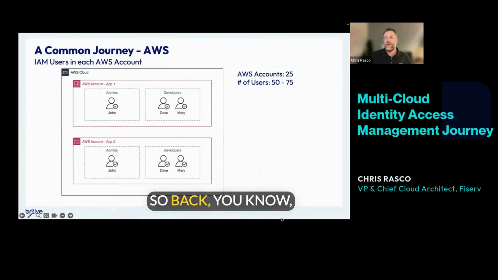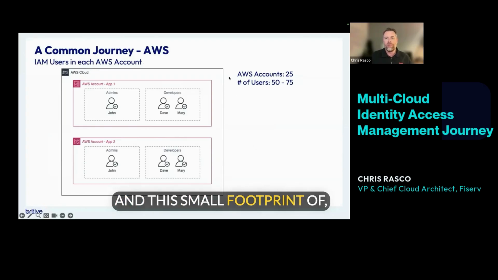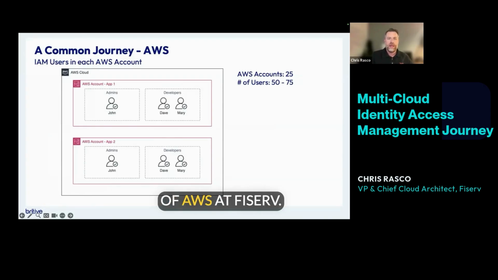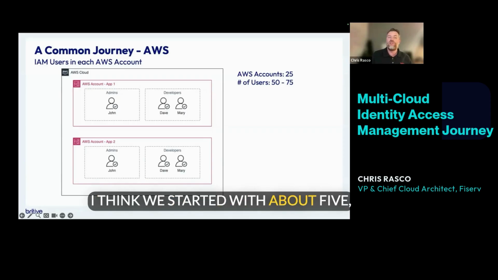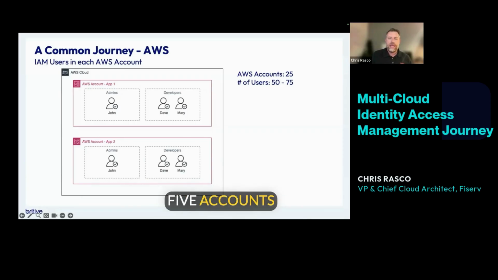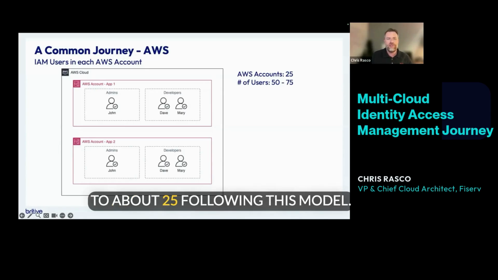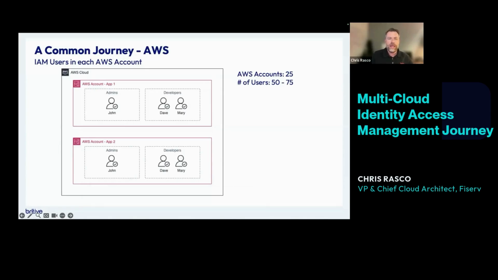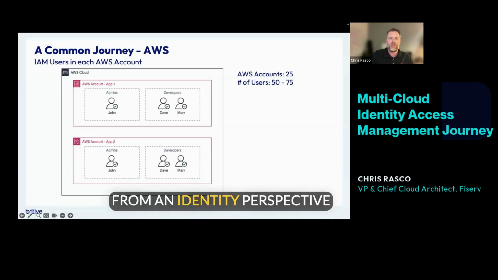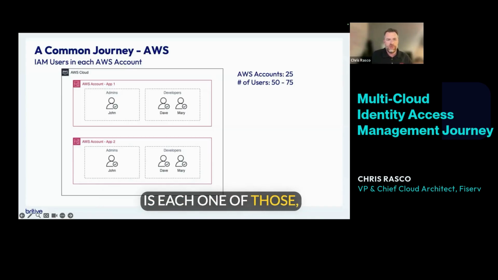So it's probably been 8 years at this point. We inherited an early model and a small footprint of AWS at Fiserv. At the time, we started with about five accounts, and we scaled that up to about 25 following this model. The model that we use from an identity perspective is each one of those